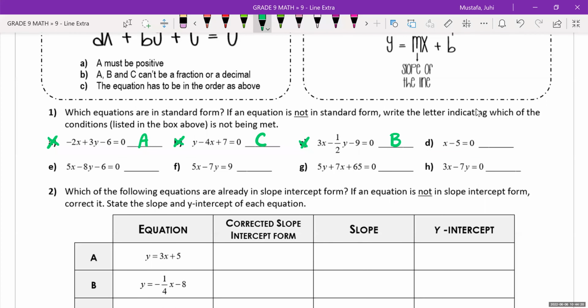Okay, be really careful of question D. Is question D in standard form? Yes, because I didn't tell you a really important other rule, which is you don't need all 3 of those to be present in order for it to be standard form. You can have a y missing, you can have an x missing, you can have the constant missing. Even if one of the 3 parts is missing, it can still be in standard form. So if you take a look at question